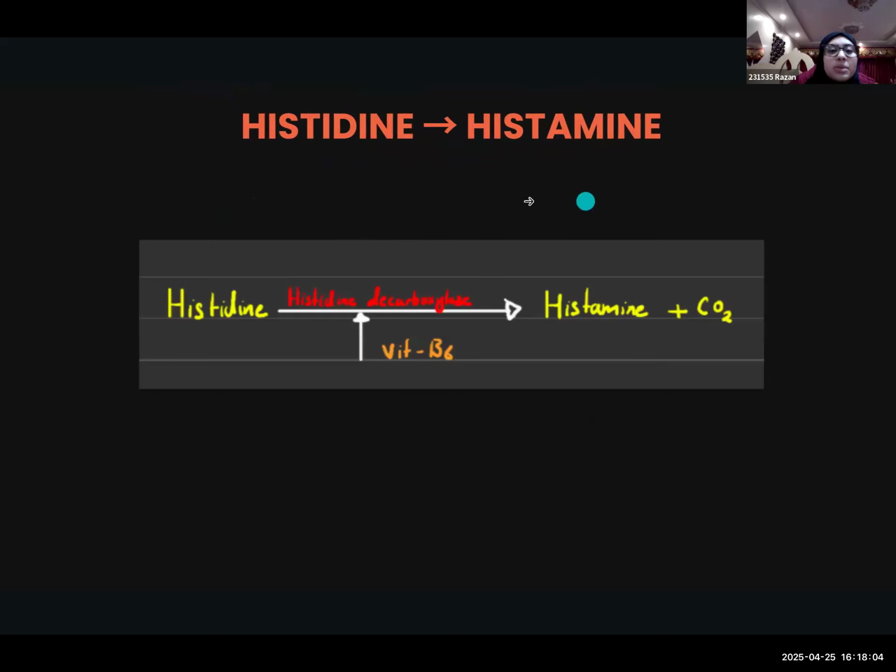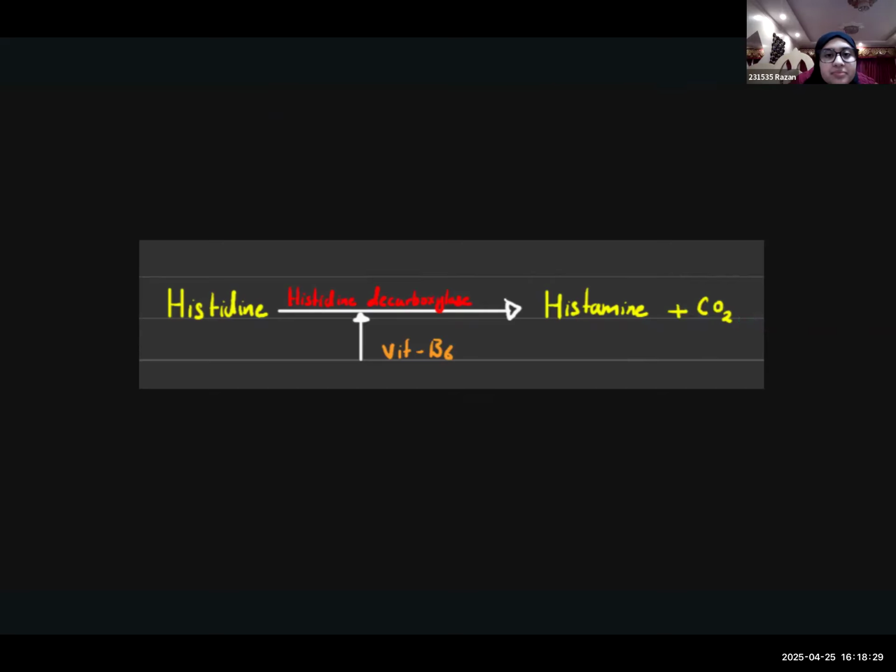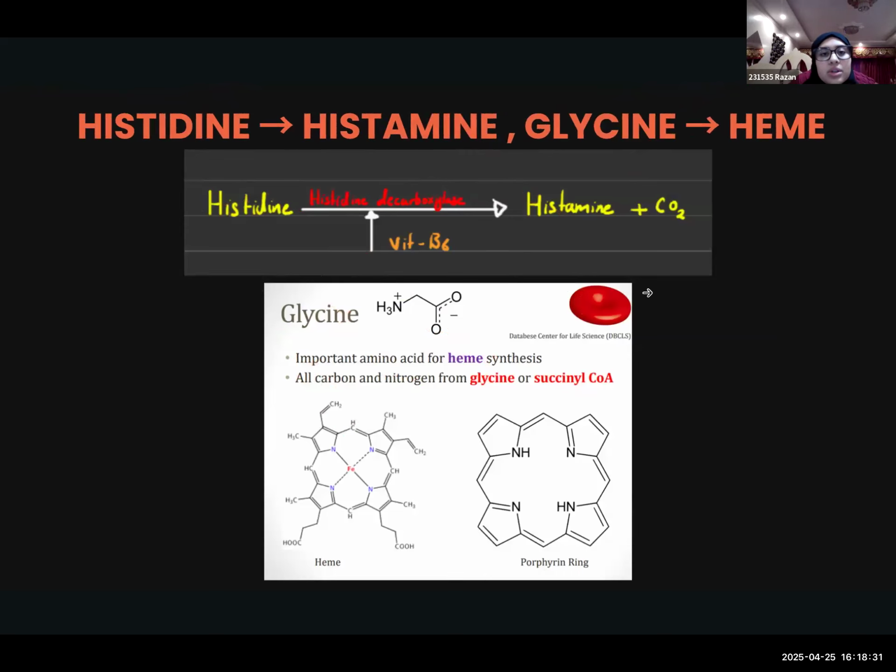So here, histidine to histamine. Histidine is converted into histamine by histidine decarboxylase. And here also we need vitamin B6. So generally know that for amino acid reactions, we need vitamin B6 to be present. And also, since it's decarboxylation, it's going to give carbon dioxide as a byproduct. Okay, so yeah,